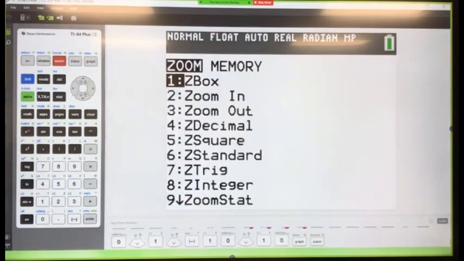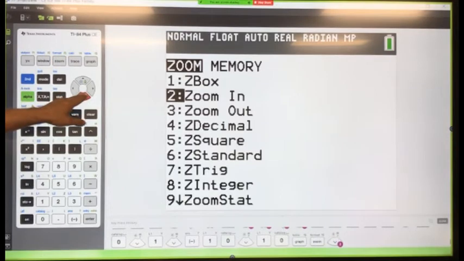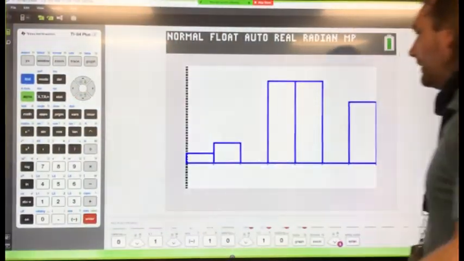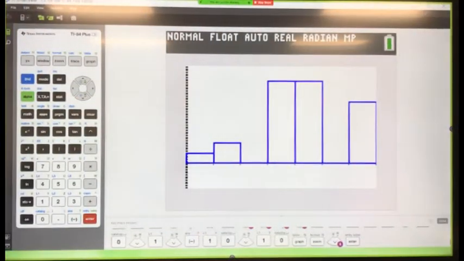Click on zoom. Go down to number 9, ZoomStat. It's going to zoom right into your statistics and put the values for you. And hit enter. Bam! Nicely centered and big so I can see it. Would you say this is roughly a normal model? Not too skewed? Yes, I would say this is good